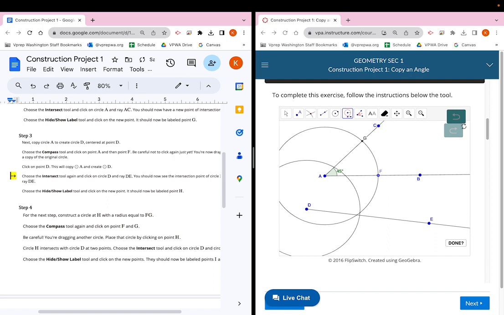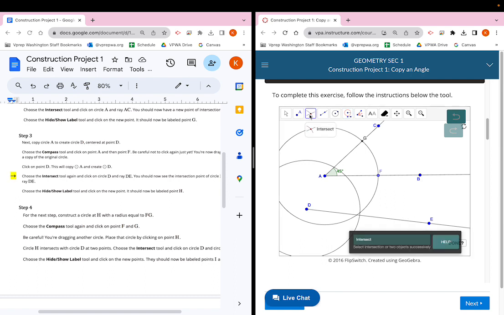And then next we want to have another intersection point pop up. So choose the intersect tool. We want to click on circle D, that new circle we just created, along with ray DE, which is that ray that we created in the beginning. So the intersect tool is the 3rd button at the top, and then we click on circle D anywhere on it. And then we click anywhere on ray DE, and you can see the little intersection